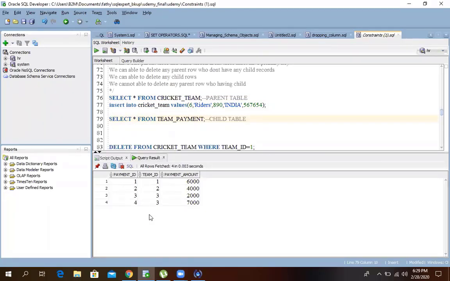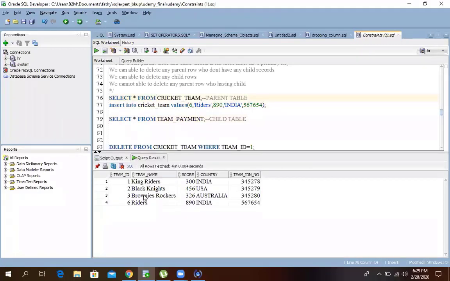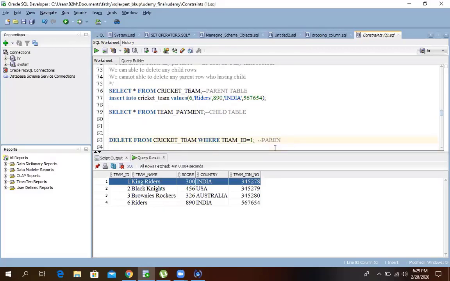It means there is no team ID 6 there. So I can say for the cricket team table, I can delete this row without any problem. Previously, remember when you tried to delete this row, Oracle wouldn't allow us to delete it. Why? Because this parent has a child. So it won't allow us to delete.